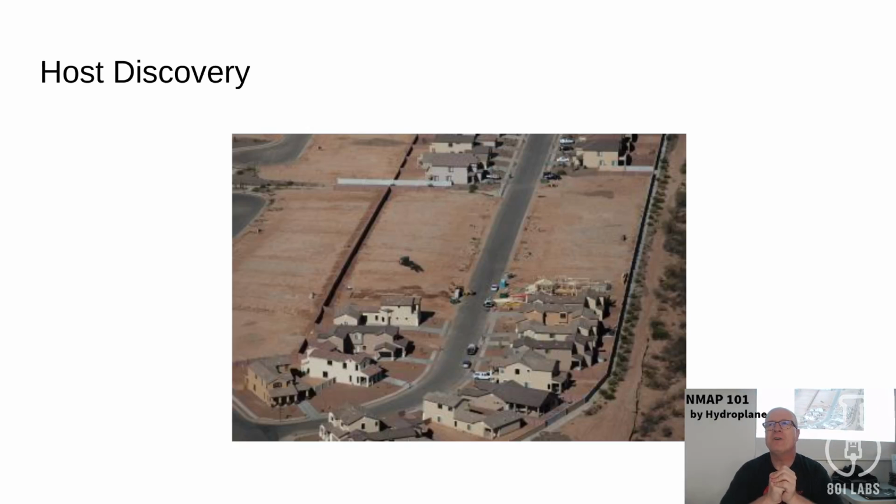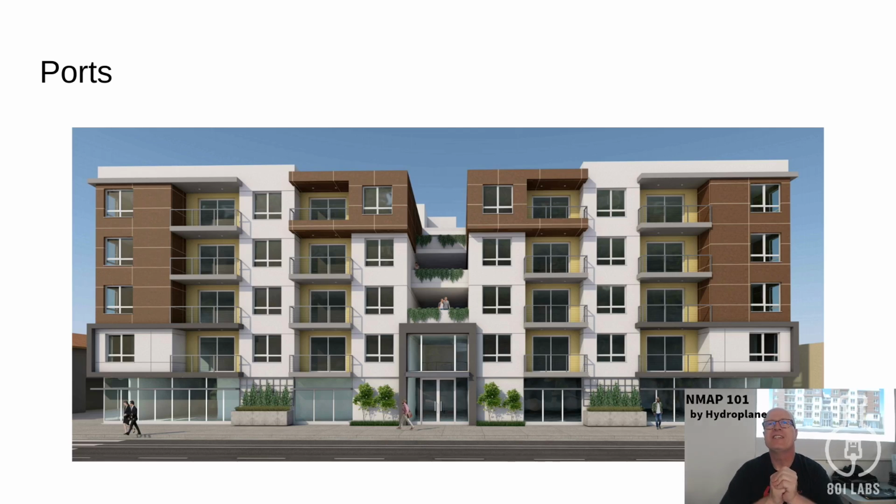So let's talk about host discovery. And you see this incomplete subdivision, right? Just like on the internet, in this neighborhood you're looking at, you can have an actual address, but it doesn't mean there's actually a house there. When they build out these suburbs, they tell the city, hey, this is the address, but there's nothing there. So we're going to show you some commands to find out what machines live in this network. That's one of the things it does. Then we'll talk about